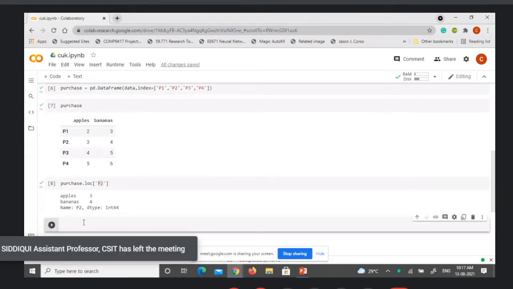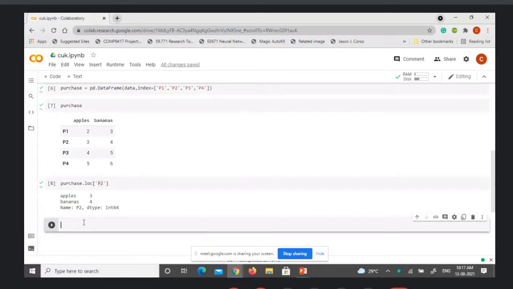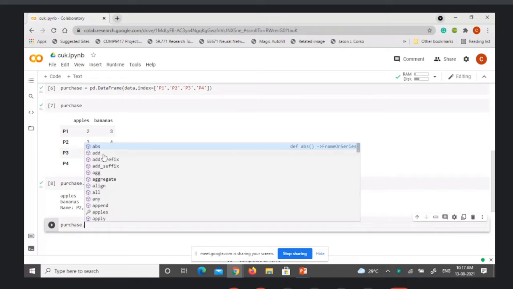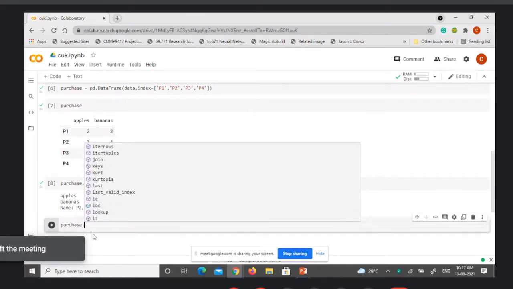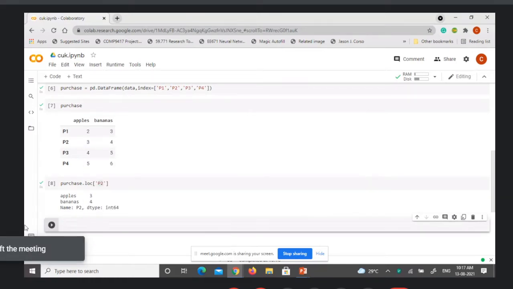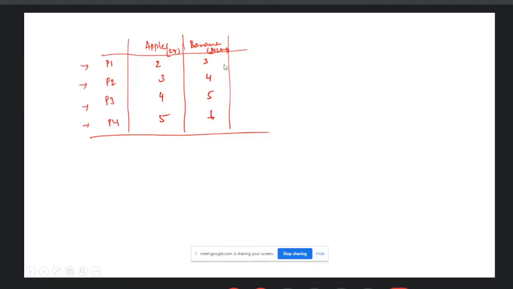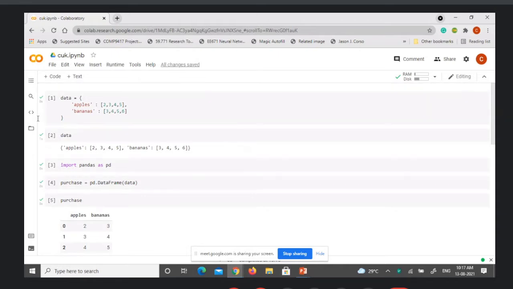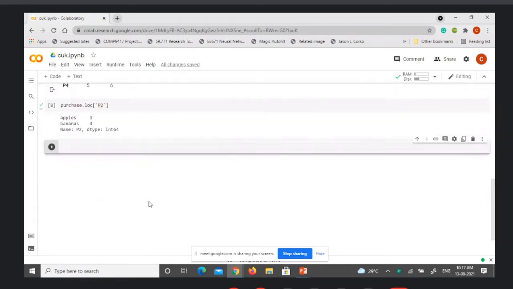So these are the basic commands you can use, and you have so many other commands available for the pandas object. We can see all those things a little later using the iris dataset. So this is how any simple data that you have can be converted into a pandas data frame.